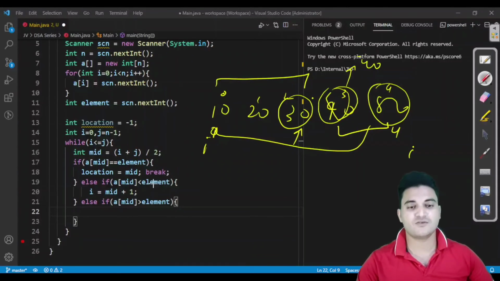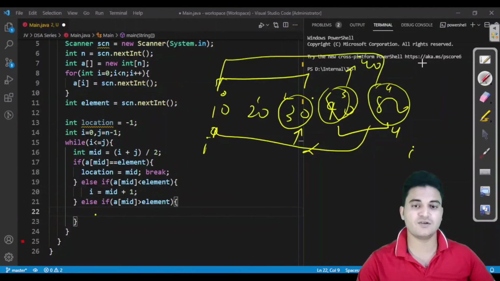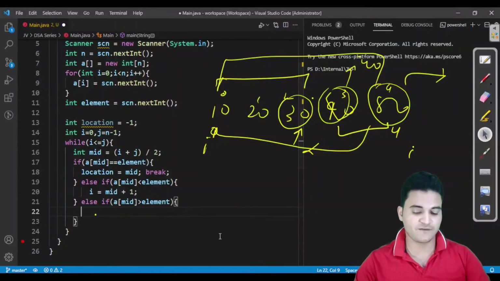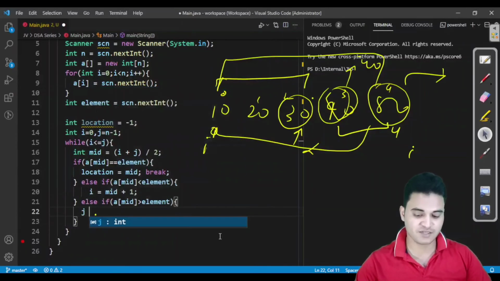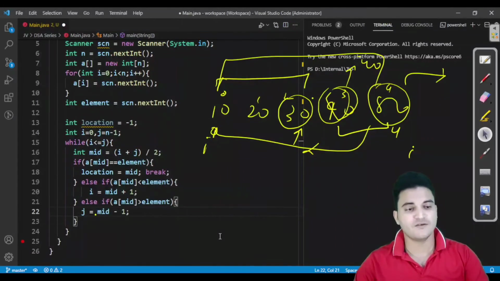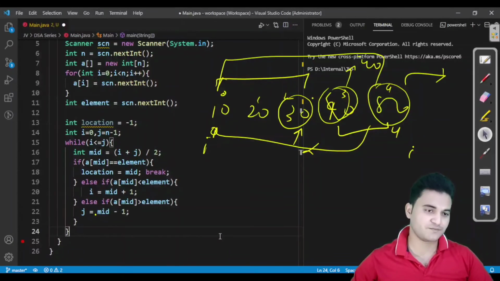All the elements on the left are smaller than this, and the element for which we are searching is also smaller, then obviously we have to search in this range only. No sense to go out of this boundary. So what I have to do here is decrease my J as mid minus 1. That's it.